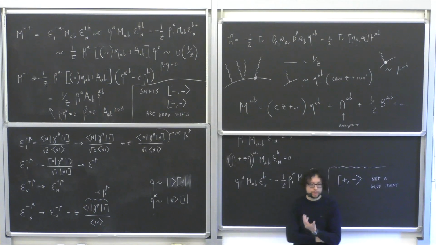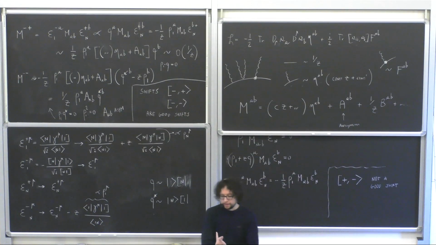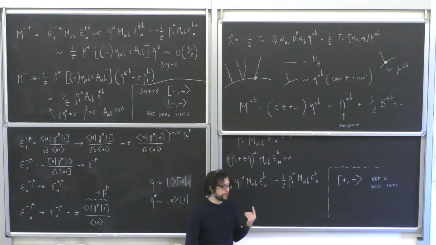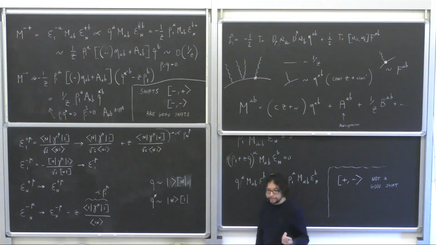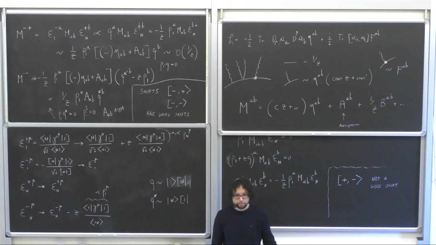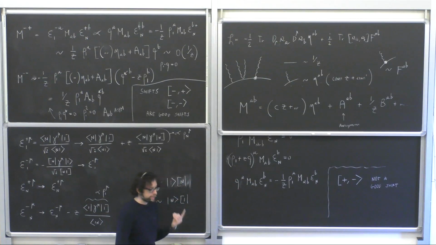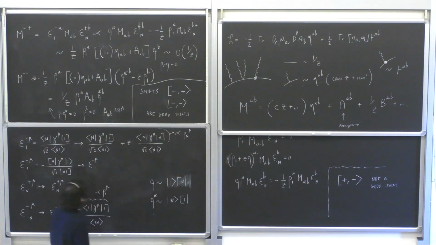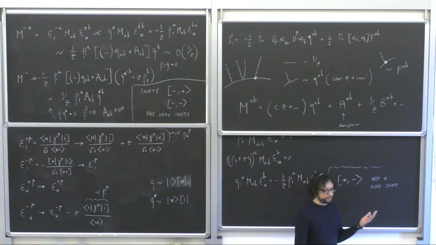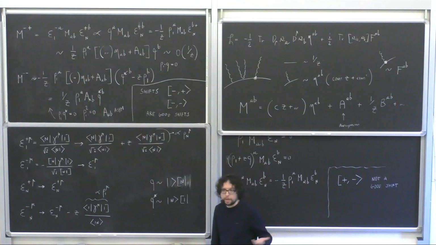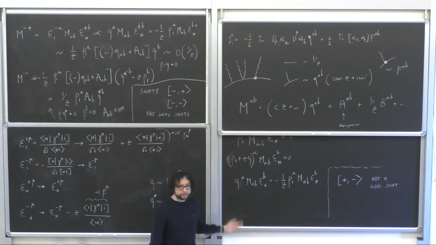There is some information which you don't obtain immediately from lower point amplitudes. So the question here becomes how can we get some control on the pole at infinity? And there are some ways of doing that. I think it is preferable not to have the pole at infinity if you can. So if I have a choice, like in Yang-Mills, my takeaway message would be use the good shifts. But the meaning of the pole at infinity is that there is some information which is missing, and that information is physically relevant. And if you find a way of using it, this is a perfectly good result.